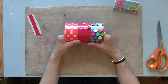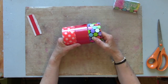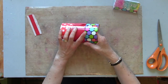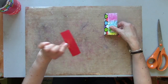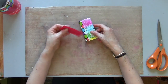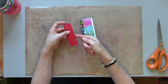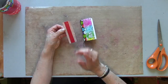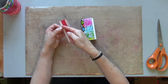I'm going to now bind it with some duct tape. Duct tape is extremely sticky, which is why it makes great binding, because it holds the signatures in place really, really well. But this is how I do it to allow me to put 3 signatures in. Just in a little mock-up one here to show you how I would do it on this smaller size. First of all, I cut the duct tape to length. Then I chop the edge off and stick that piece up the middle here. That means I've got a sticky bit here for one signature, a sticky bit here for the second signature, and